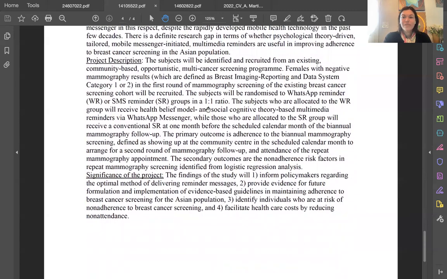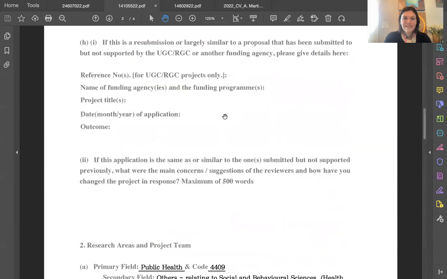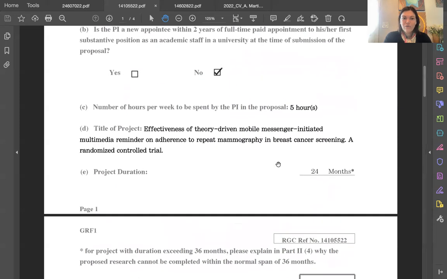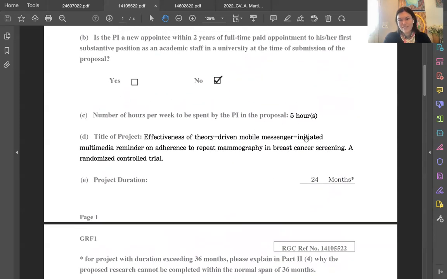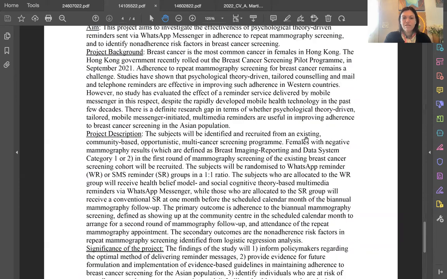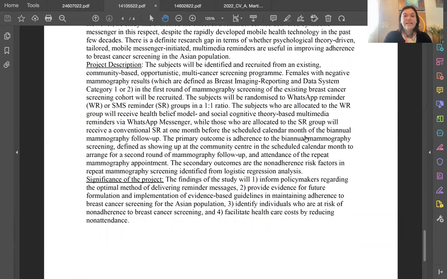Project description. The subjects. Remember what I said about subjects? I don't love it. Again, as you're reading the grant, you're getting a sense not just of the proposal, but who is this scientist? I just want to scan back here. I didn't point it out at the time, but they said they want $612,000, but they're only going to spend about 5 hours a week on this. So what's happening here exactly? How invested is this person in this proposal and what they're doing? And so I don't know, I'm a little concerned.